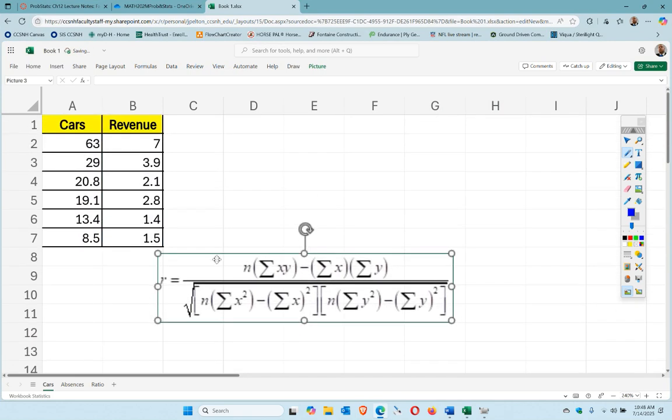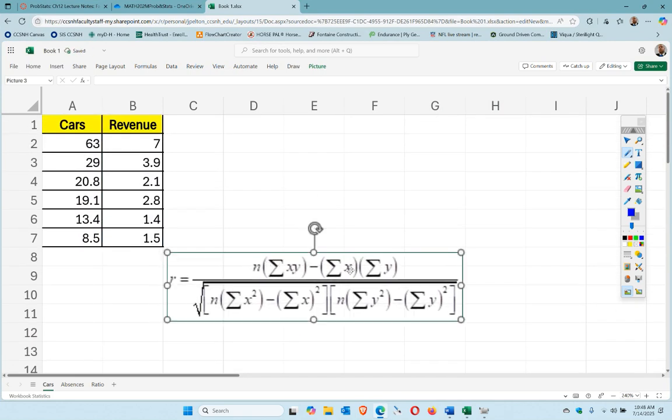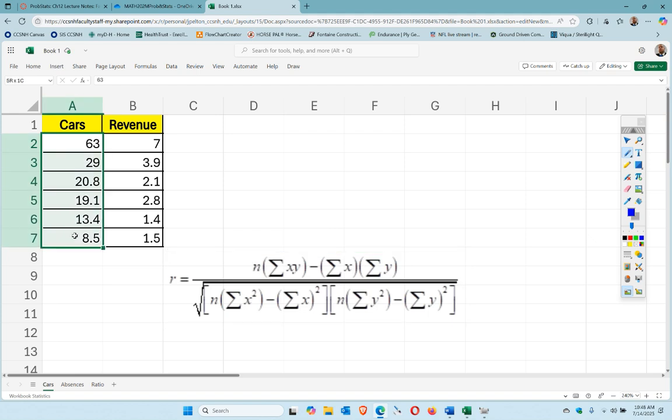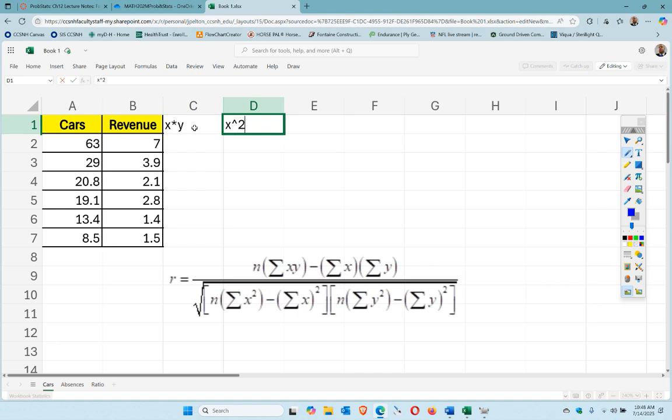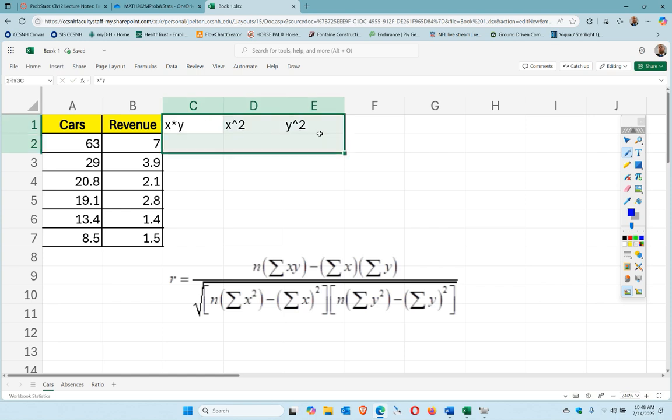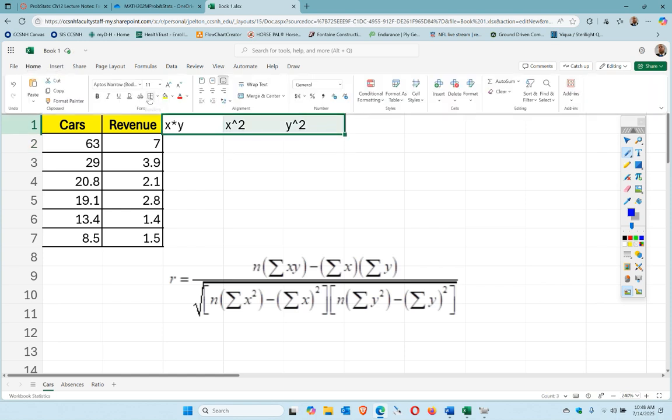Okay, and we're going to need the sum of x, the sum of y, x times y, x squared, and y squared. As to what order you do them, it really doesn't matter. We already have x and y right here, so we'll call that x and that's y. So that's your input-output. We'll do x times y here, and then x to the second there, and y to the second there. How's that sound? Okay, so then we will box those, yellow those, middle those,